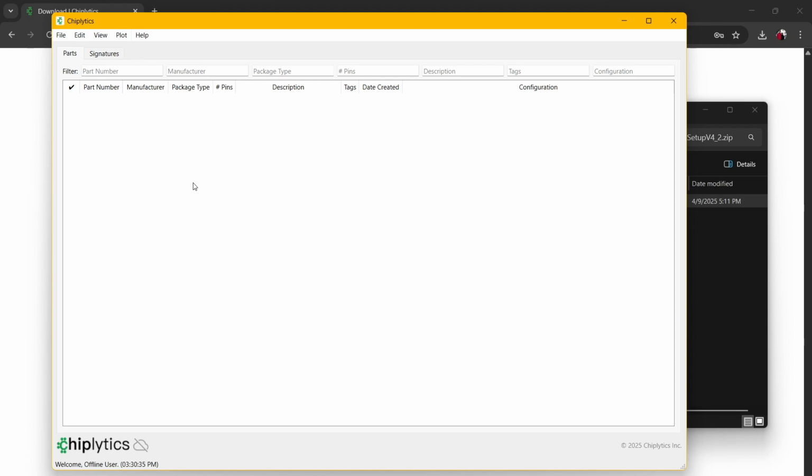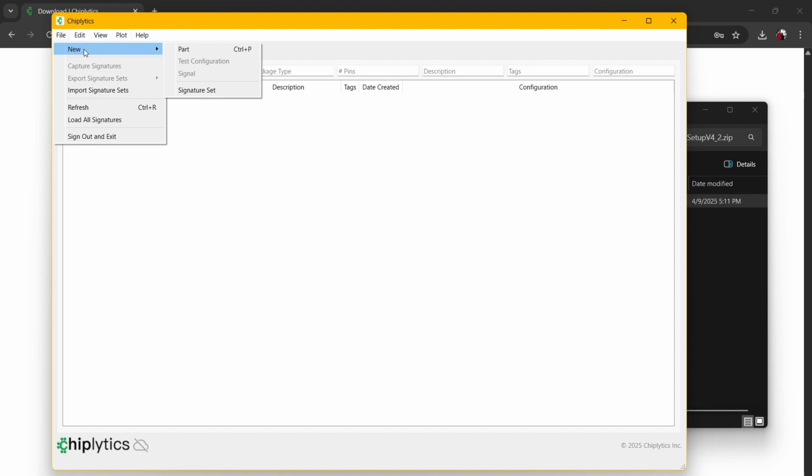So the part's going to be based on what the actual IC is that you want to test. In this case, I have a couple of quad 2-input NOR gates from Texas Instruments and from Toshiba that we'll be testing today. So the first part that I'll be testing has the part number of TC74HC02APF. So to create this part, I'm going to go to File, and then I'm going to go to New